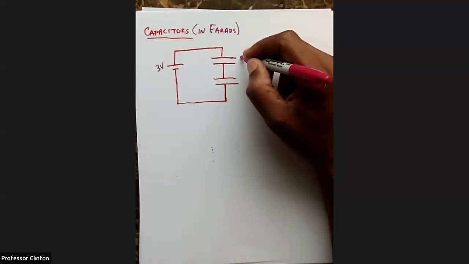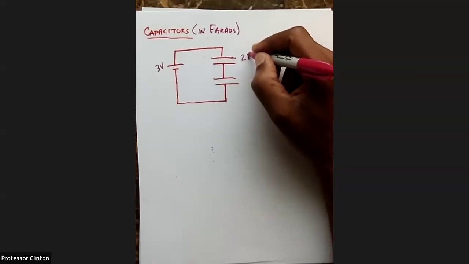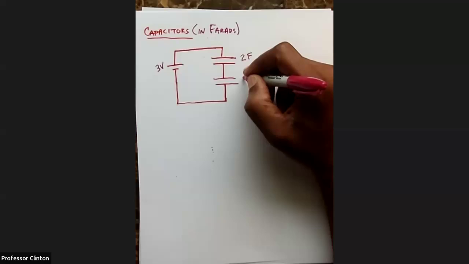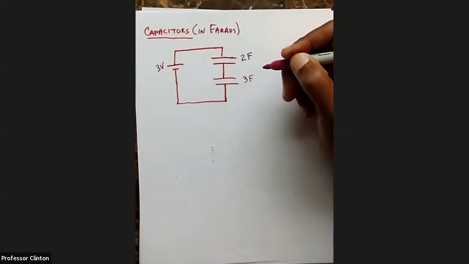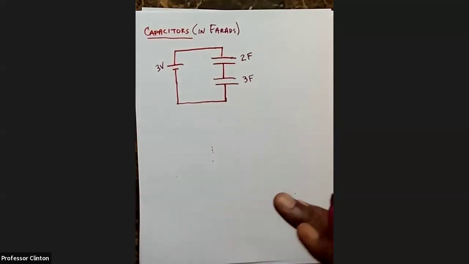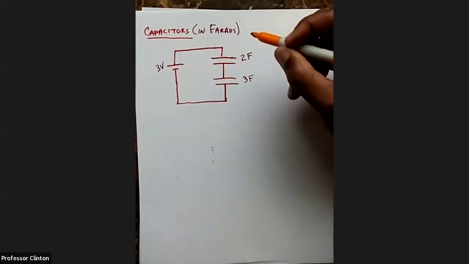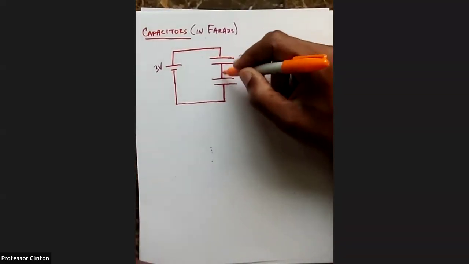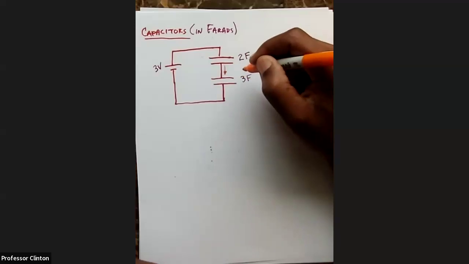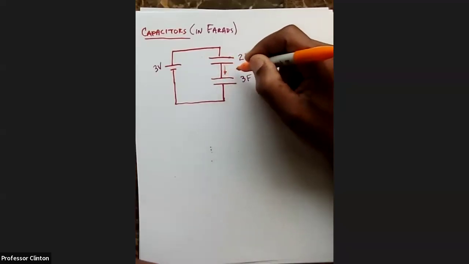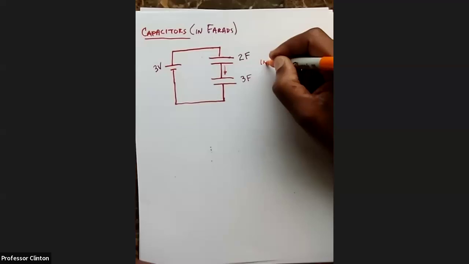And so let's just say the first one has a capacitance of 2 farads. It's pretty large. And then the second one is 3 farads. So again, as you remember, to determine if they're in series or in parallel, you have to look relative to one another. If the current has an option, and in this case, it doesn't have an option. So this is in series,